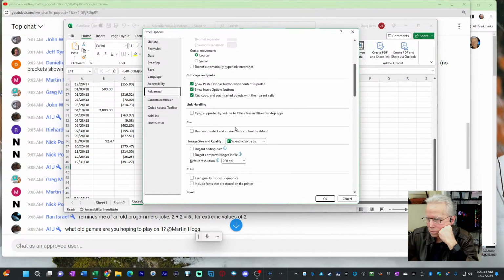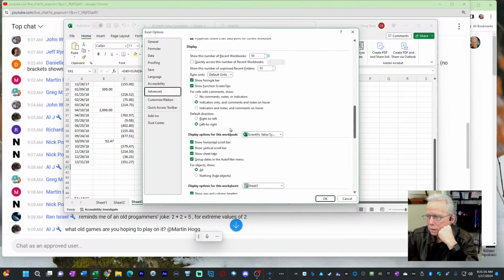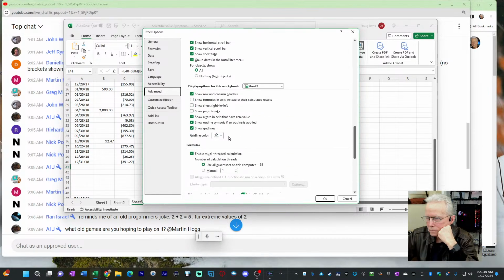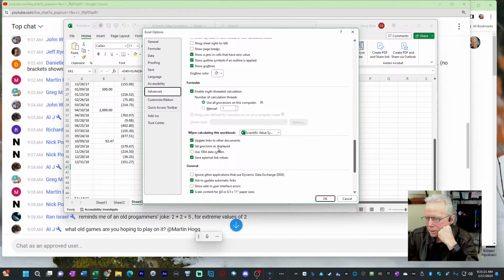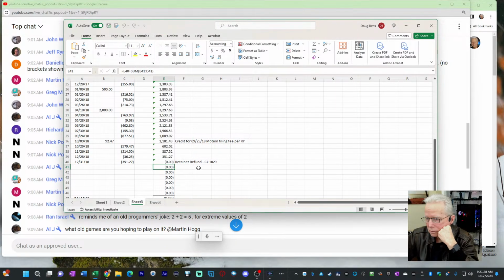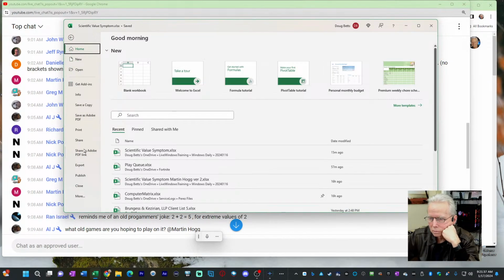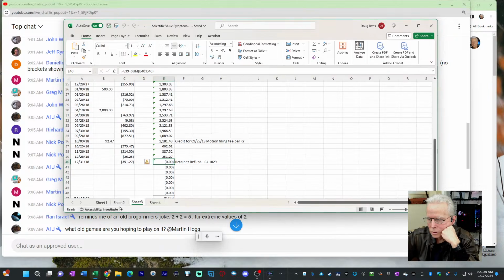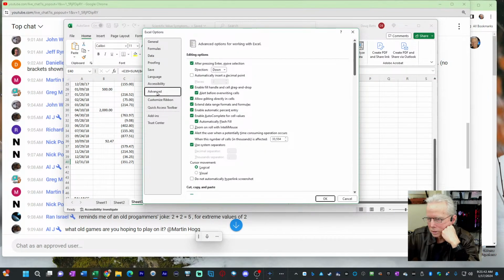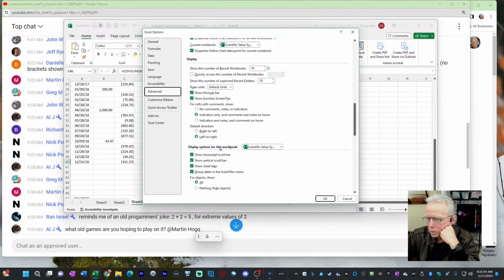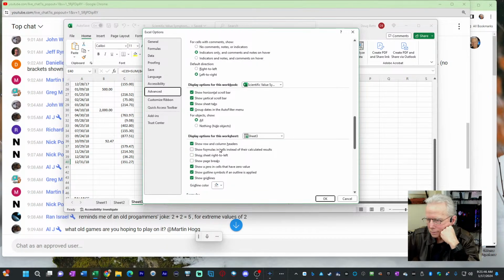On advanced, and scroll down a ways, and show it set precision as displayed. Now, if I take that check mark off, remember it said that the values would be lost permanently? Well, not true, because there's those crazy numbers. So it's not permanent. You can change that back. So I'm wondering if LibreOffice has this option set by default.